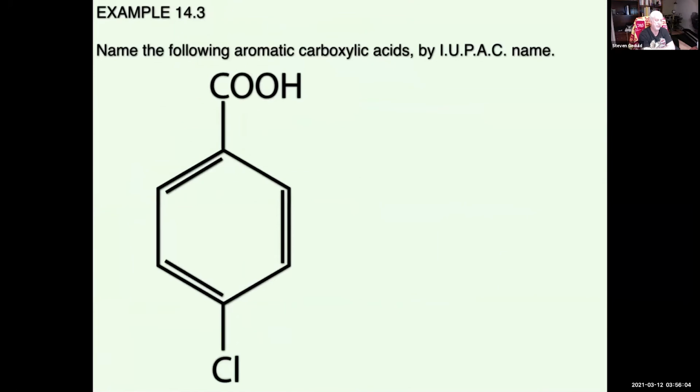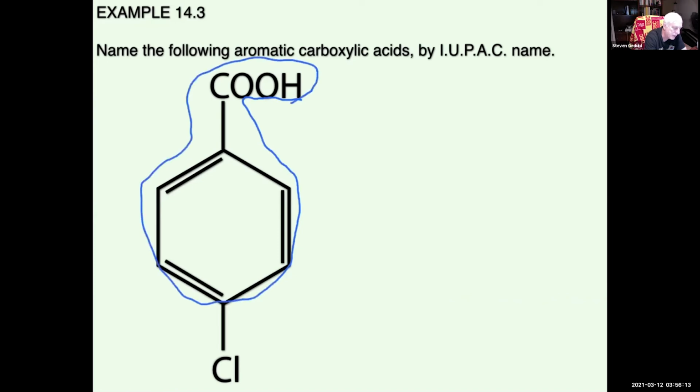Okay, name the following IUPAC names. The COOH group is attached directly to a benzene ring. So this is benzoic acid. And we have an attachment. At what number carbon is our attachment? Number 4, perfect. That's at number 4. And it's a chloro group. So 4-chloro